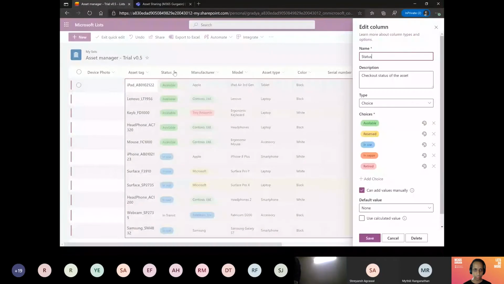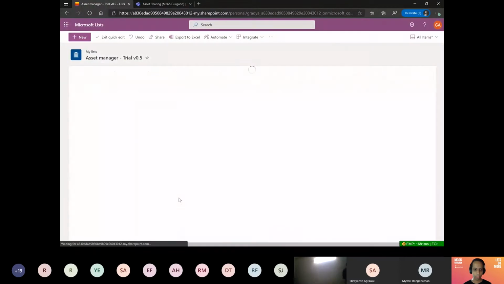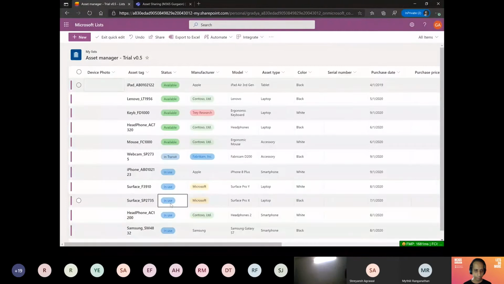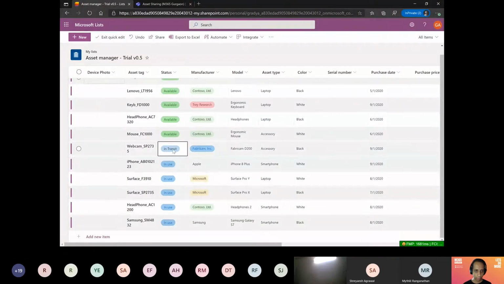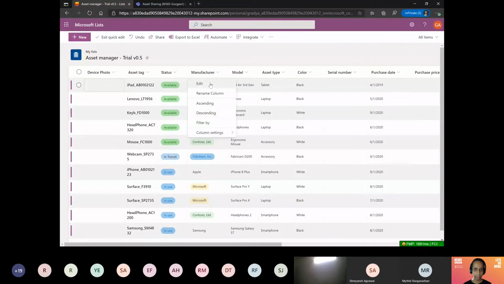I can go to the column, click edit, and I can see the original template doesn't have this particular choice. So I can quickly add that, in Transit, and I can do save. Now you can see that in Transit is now appearing nicely as it should.